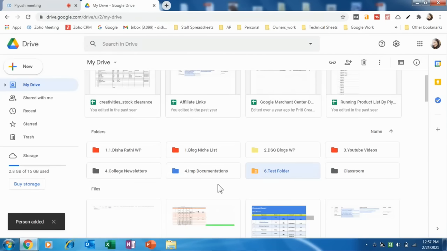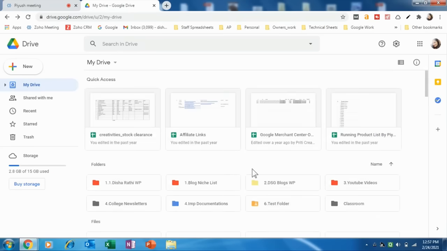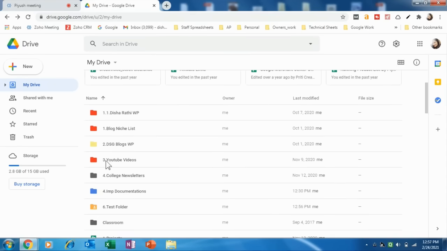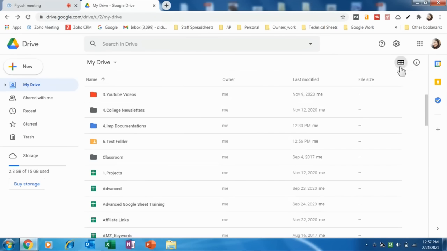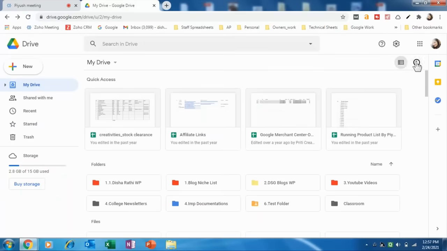Okay, so you can see in this folder, you can see this type of icon. It means this folder is a shared folder. So in this way you can share a full folder with your teams, and it's very easy to share, and you can see with whom you have shared. Regarding the view, this is the view option here. This is a list view. If you don't want a list view and want a grid view, you can see here. So here the grid view would be shown. If you want a list view, you can just change it from here.